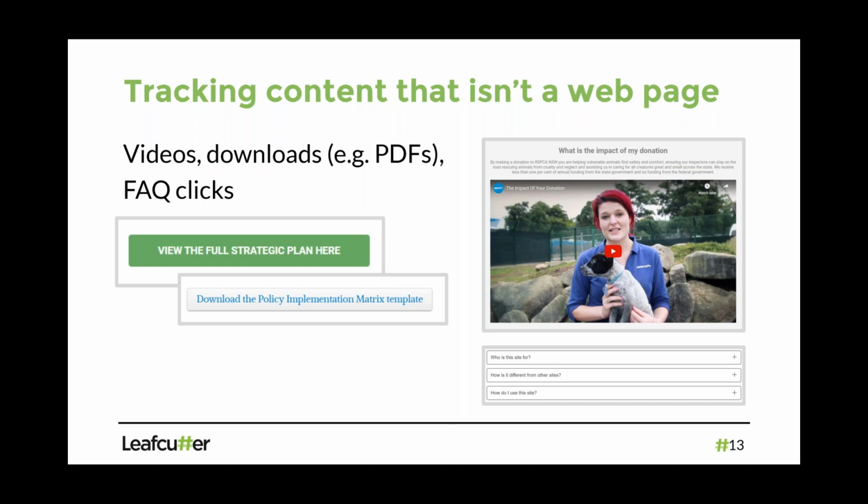and cross-checking that with the interactions with that website content. Similarly for FAQs. If you have FAQs on your website, which is a nice way to round up a bunch of questions people might have, quite often they're displayed in an accordion style format. I've got that in the bottom right of the slide, where you click on it and it shows the answer. A lot of times you just have a giant list and you might have no idea what information people are looking for, so you don't know what they interact with. But that's relatively easy for us to track, again, as another interaction on our website.